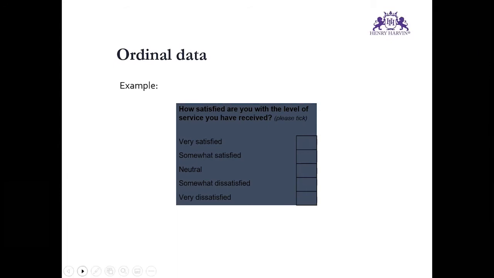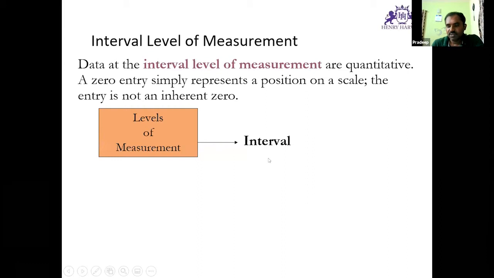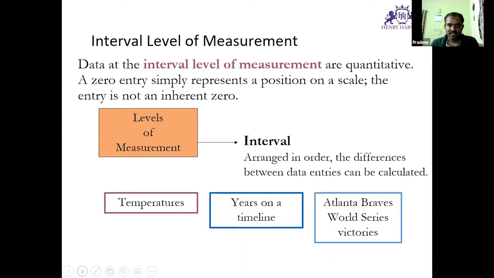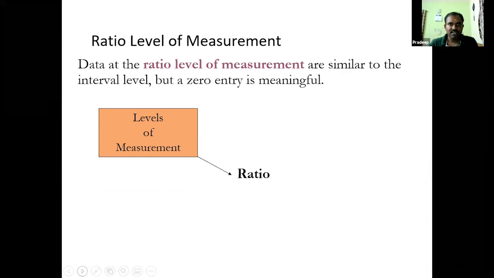Okay. So that is the relevance of something called interval data. Interval data have some kind of mathematical measurement, and you can actually measure the intervals. So that has a more meaningful mathematical interpretation. So the difference between different data entries can be measured. For example, temperatures, say 0 to 10 or 10 to 20 or 20 to 30, or years on a timeline. So we can talk about the last 2 years, what was the sales figure last year? Maybe we can put the years on different timelines. So that is an interval that has more meaningful interpretation.